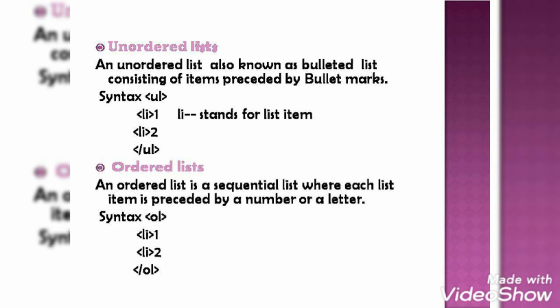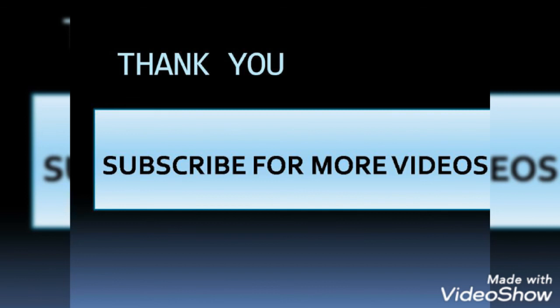I hope you understood about HTML, a markup language used for creating web pages: who designed it, what the extension of HTML is, what we mean by container tag and closing tag, what the tag attributes are, and the different important tags I told you. What is the use of the font tag, and what do you mean by ordered and unordered list. These are all the important topics in this chapter which I have told you. Revise this and prepare well.